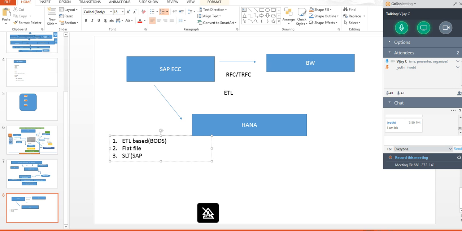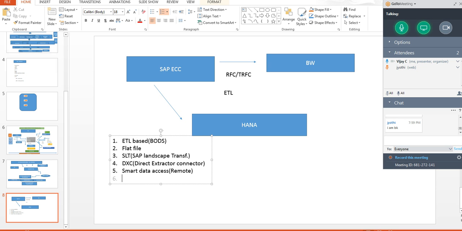SLT is nothing but SAP Landscape Transformation, and the next one is DXC. I'll tell you what exactly it is. Direct Extractor Connector, and one more is Smart Data Access. One more is there, actually it is obsolete, right? It is no more based